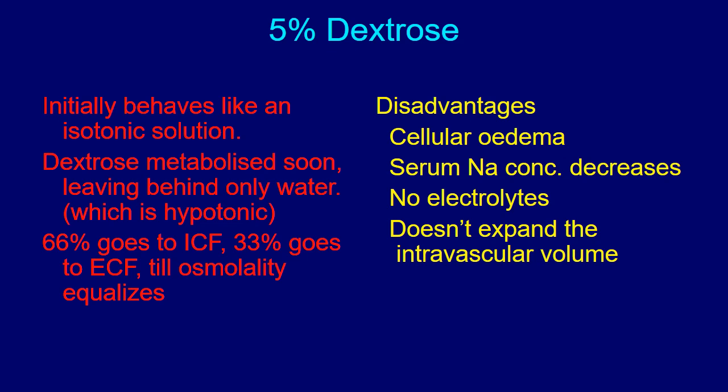Therefore, in a patient who has bled, especially if it is a massive hemorrhage, 5% dextrose is of extremely minimal use. So don't infuse 5% dextrose at the beginning, because it would not stay in the intravascular compartment to expand it, but it would easily move out from the intravascular compartment into the extracellular fluid, and from there into the intracellular fluids. However, in a severe hemorrhagic patient who has bled so much, finally there's dehydration, not only in